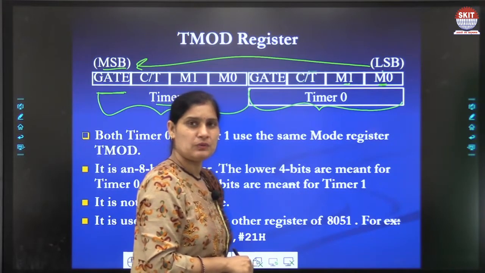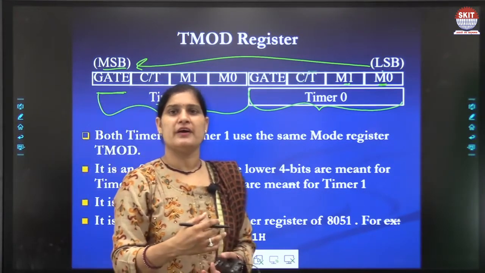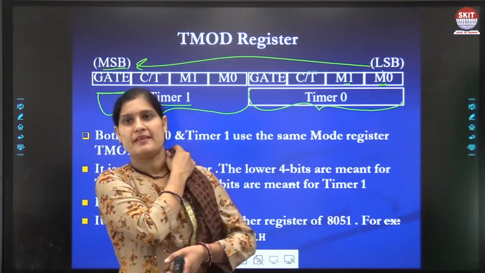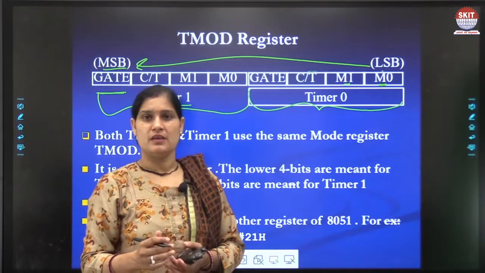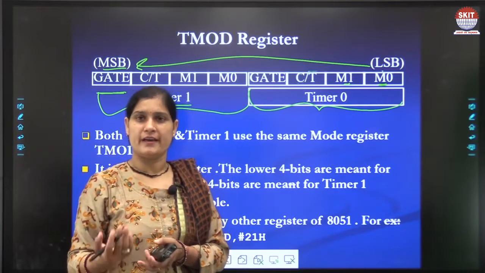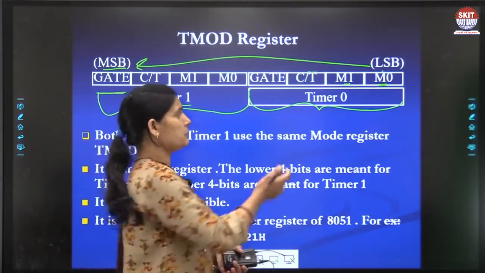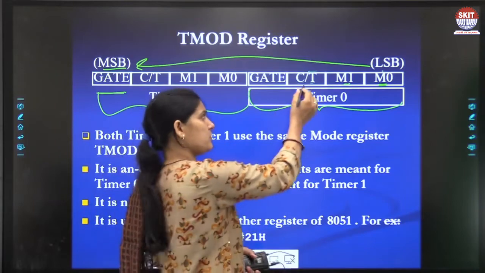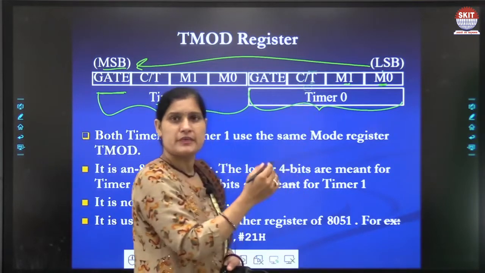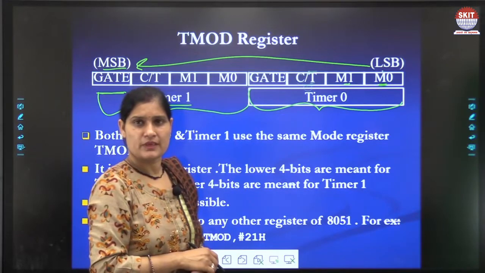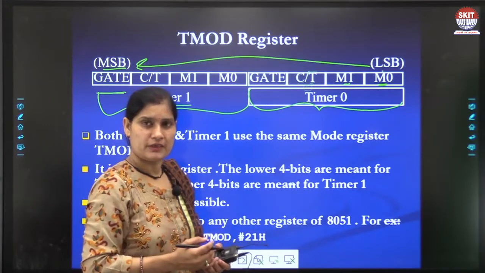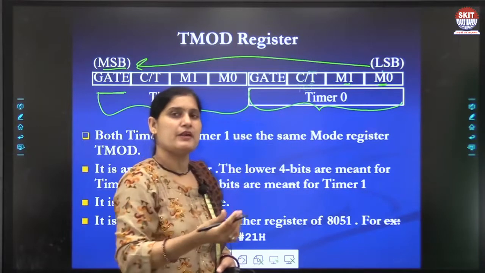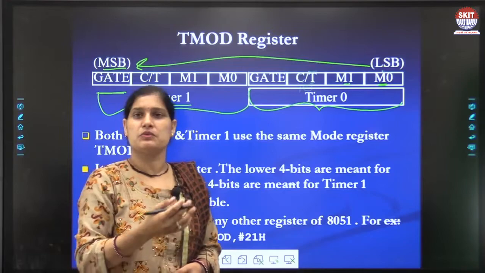If you want to work the 16-bit register as a timer, meaning you can use that timer counter to generate delay, then you have to select timer, which is the active low signal T bar. So you have to write 0 here, meaning you have to reset this bit. If you want to select counter, then you have to write 1 here, you have to set this bit. If you want to select timer, then you have to reset this bit.